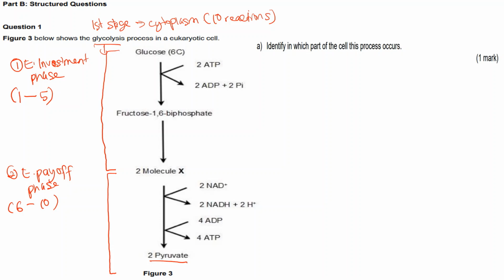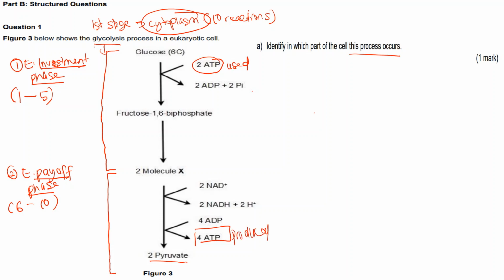So why do we call it the energy investment phase? In this phase, two molecules of ATP are used. Why do we call it the energy payoff phase? Because it produces 4 molecules of ATP. For question A, identify which part of the cell this process occurs. Obviously in the cytoplasm. If you look at this figure, glycolysis involves the usage of two molecules of ATP and produces